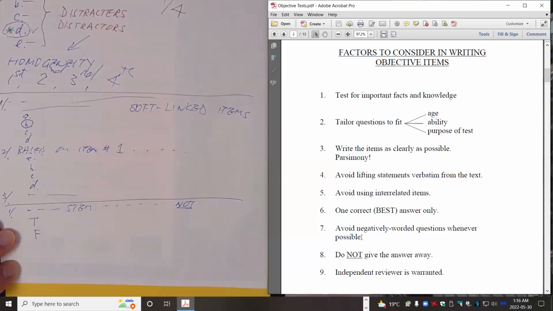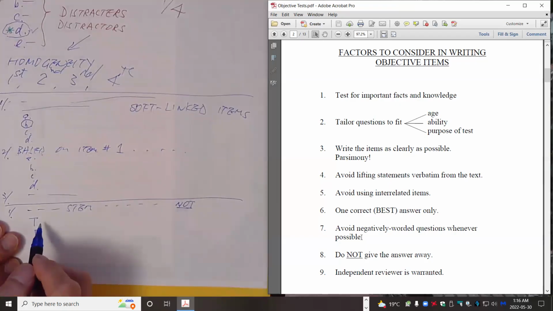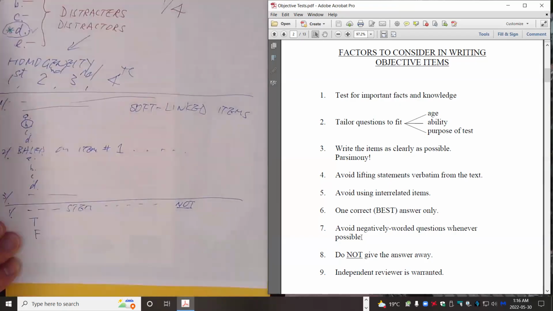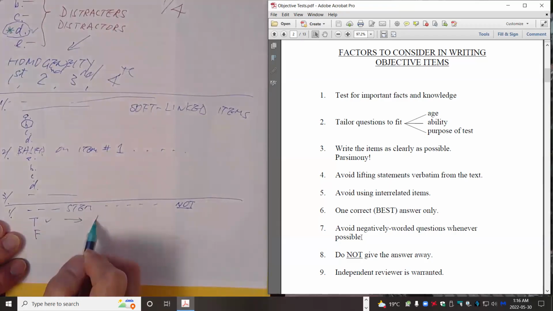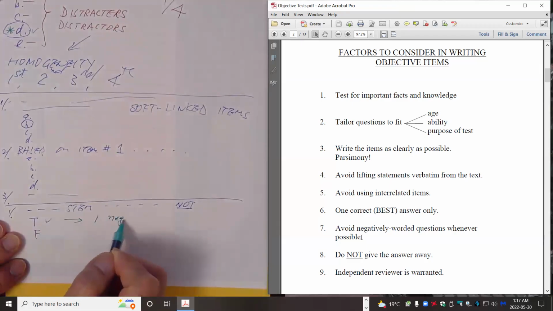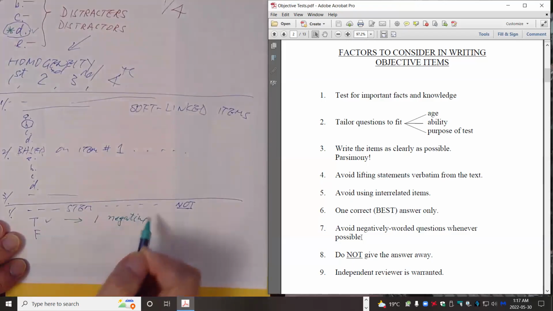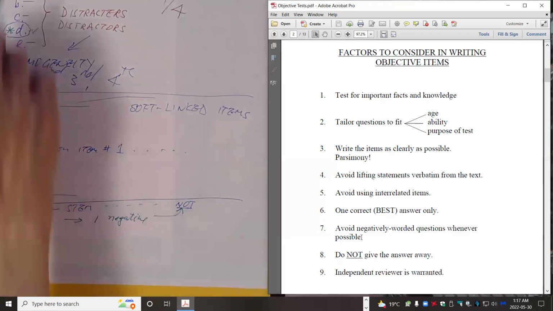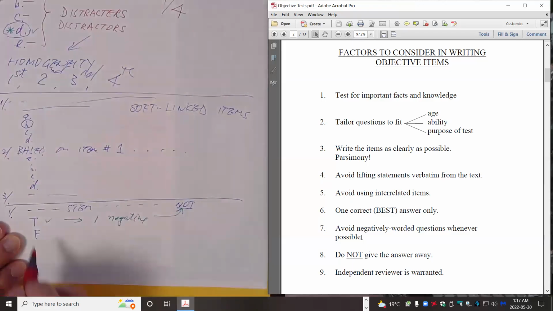Okay, just true, false, before we even venture into multiple choice. If you select true, you are dealing with only one negative, right? But if you select false here,